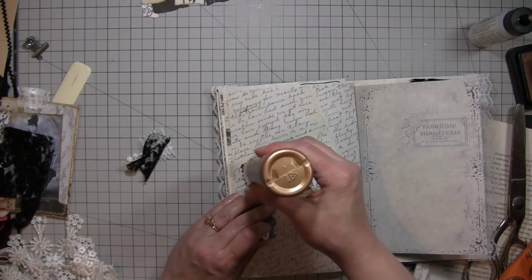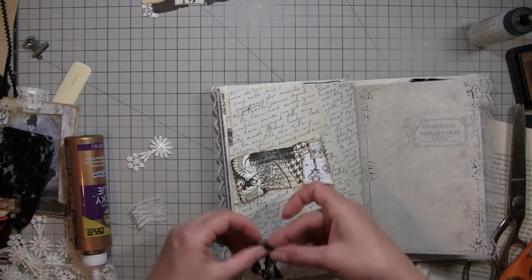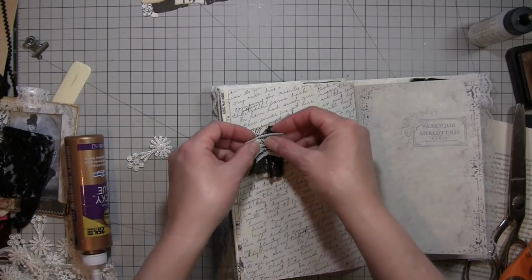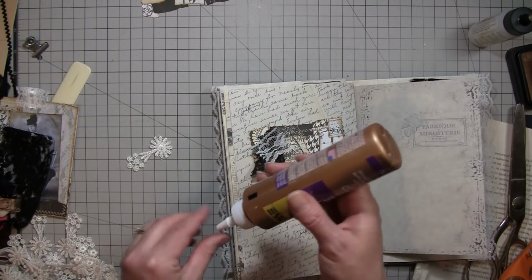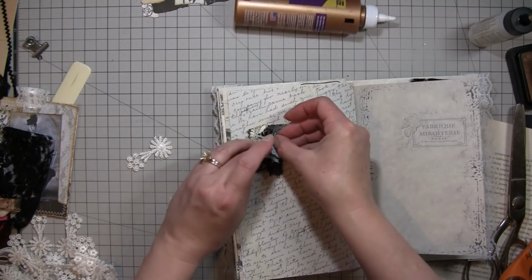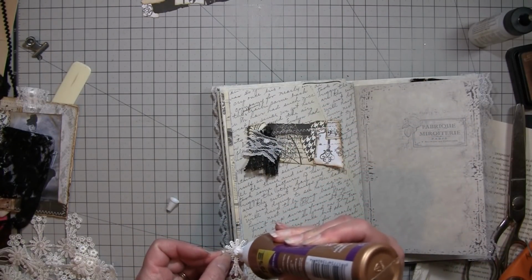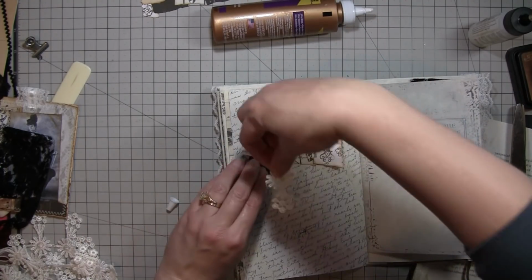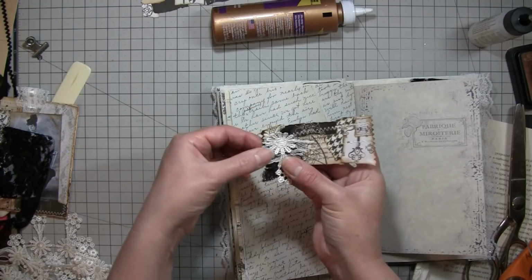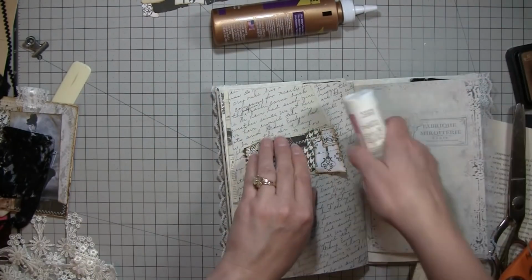And you could stitch it on again, but I think I'll just glue it on. It wants to pucker like that, so I think I'm just going to let it, or gather up, whatever you want to say. It's really hard to tell what's the front and the back of these. I put quite a bit of glue on there. Just want to make sure it sticks down with all that lace. And you can use Fabri-Tac if that's what you like. It's a little bit bulky, but it's good. Okay, and then I'll just...